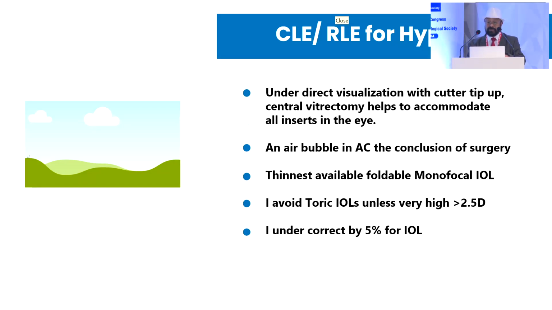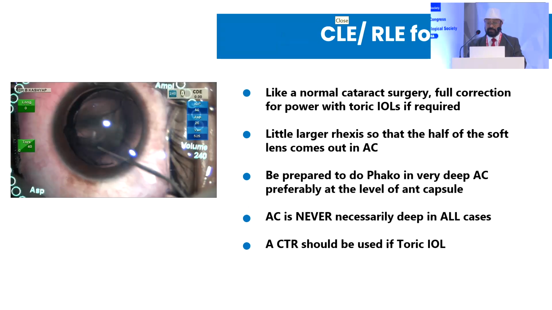So in cases of hypermetropia, if you are going to do the CLE, you should preferably do a dry and anterior vitrectomy, and try to avoid the IOLs. If it is toric IOLs, if the toricity is more than 2.5, I always undercut it by 5% for the IOL in hypermetropia. For the myopia, it is just like a normal cataract surgery, and do a little larger